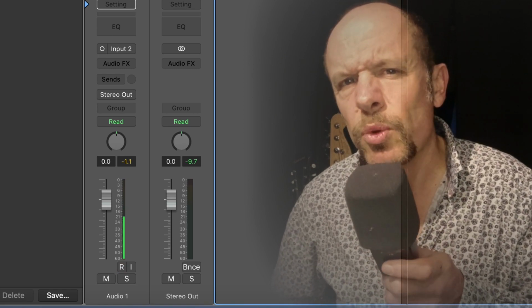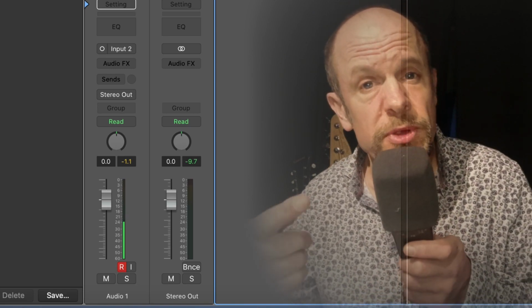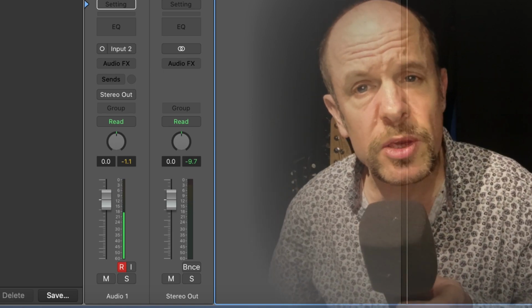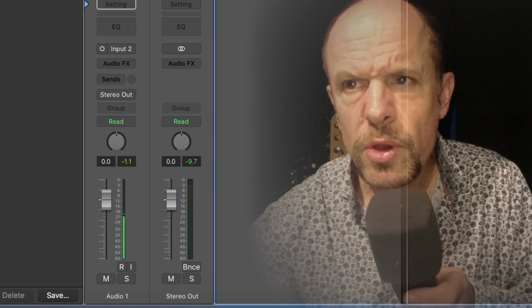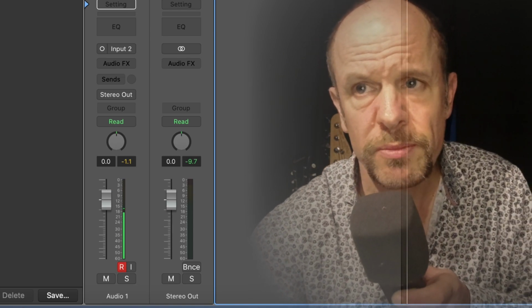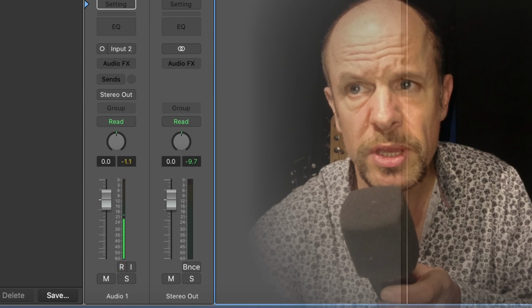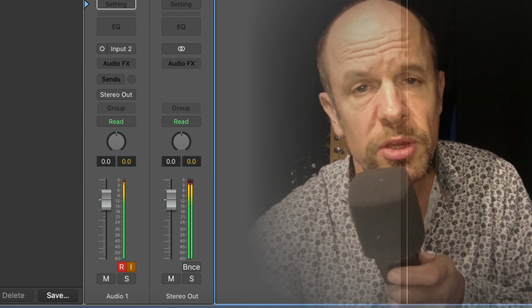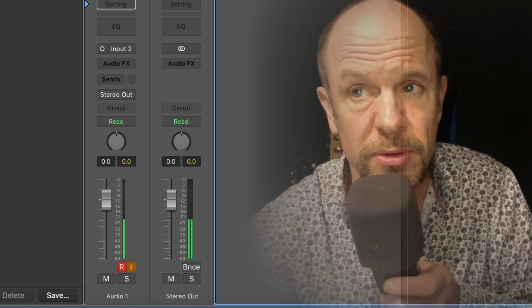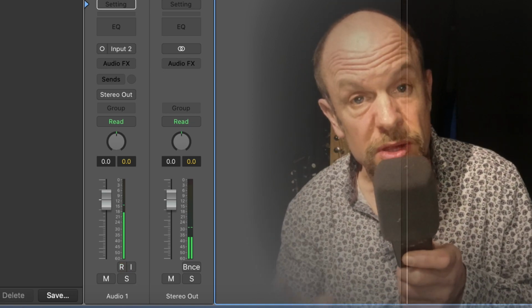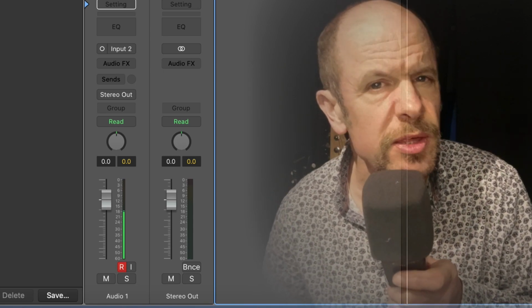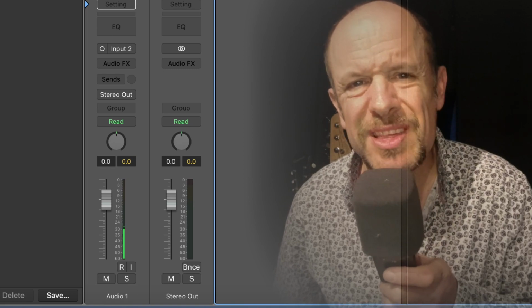Now, we've got this thing called latency, which is the time taken for audio to actually go through all the processing of the computer to come back to your speakers. It's not always going to be a helping hand. So if I just put the input device on here, input monitoring, 1, 2, you can hear that there's a little bit of a delay between the input and the output of the computer. This depends entirely on the capabilities of your computer and some settings that you make within the audio interface itself